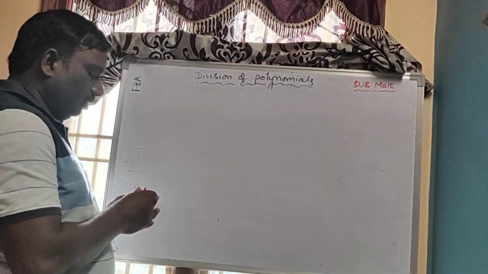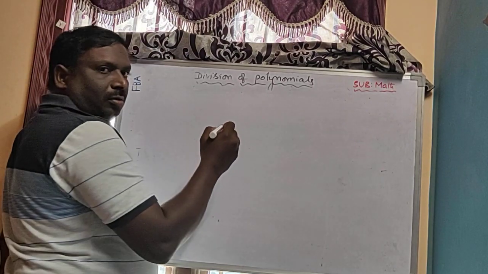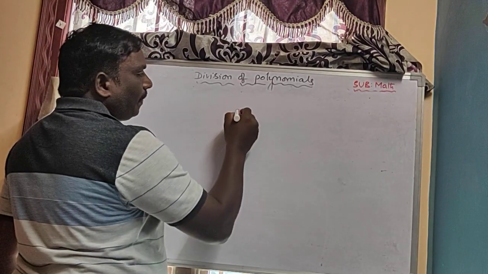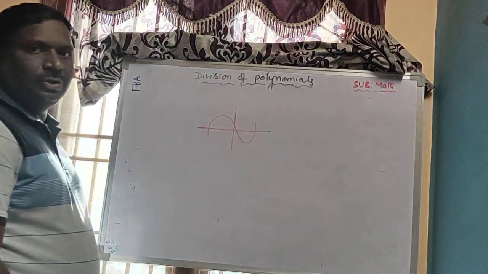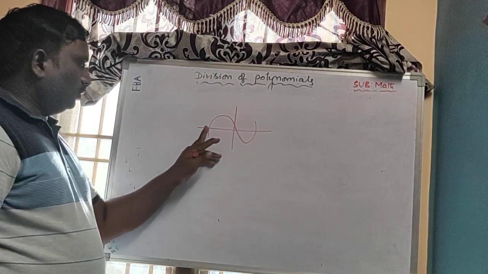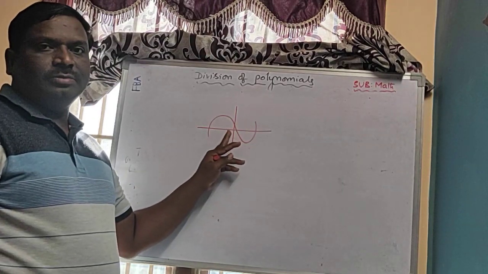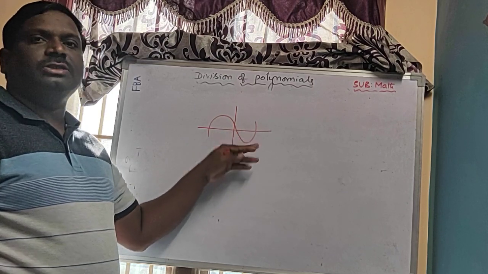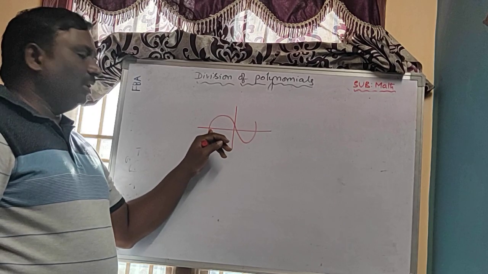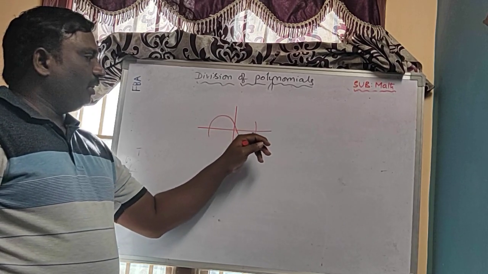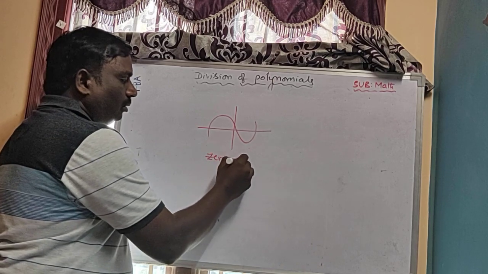One of the important blanks for half mark is the number of the zeros of the polynomial. So wherever the graph touches the x-axis, means how many times the graph touches the x-axis, those many zeros will come. This graph means this curve touches the x-axis one time here, another time here, another time here. Then zeros are 3.